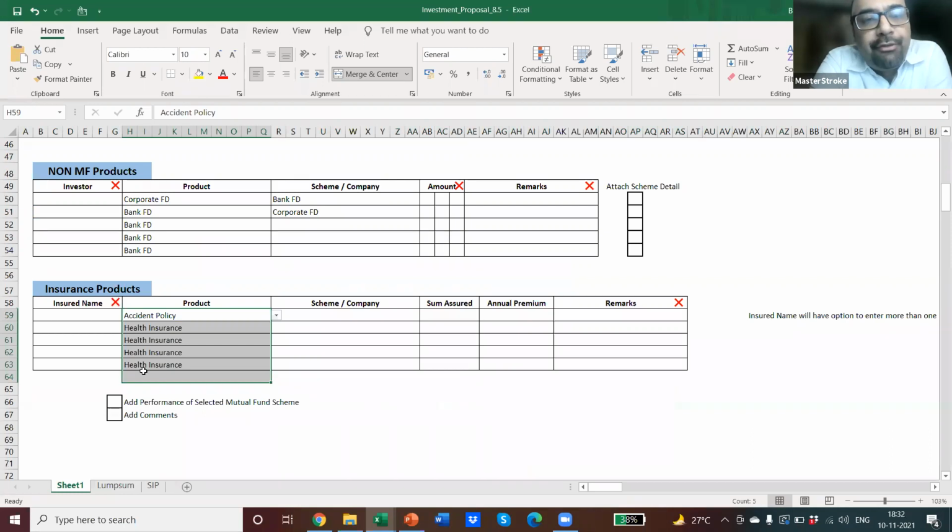We are coming out with a format which you can use at MasterStroke, and all these features are combined into one single consolidated investment proposal to the client. This is what we are coming out with. Do we share proposal in image format? No, the proposal will be in the PDF format, and you can always click a picture and make it as JPEG format. That is not a problem, Dinesh.